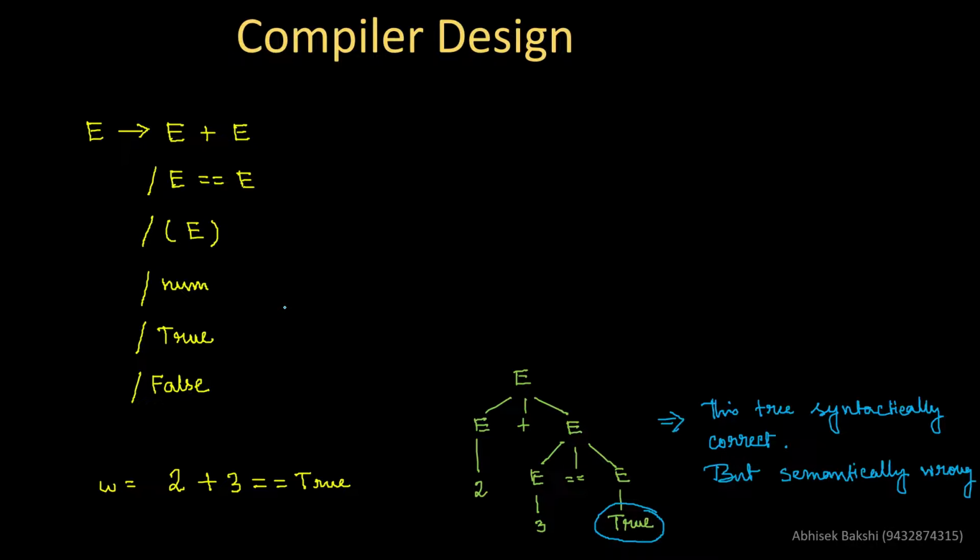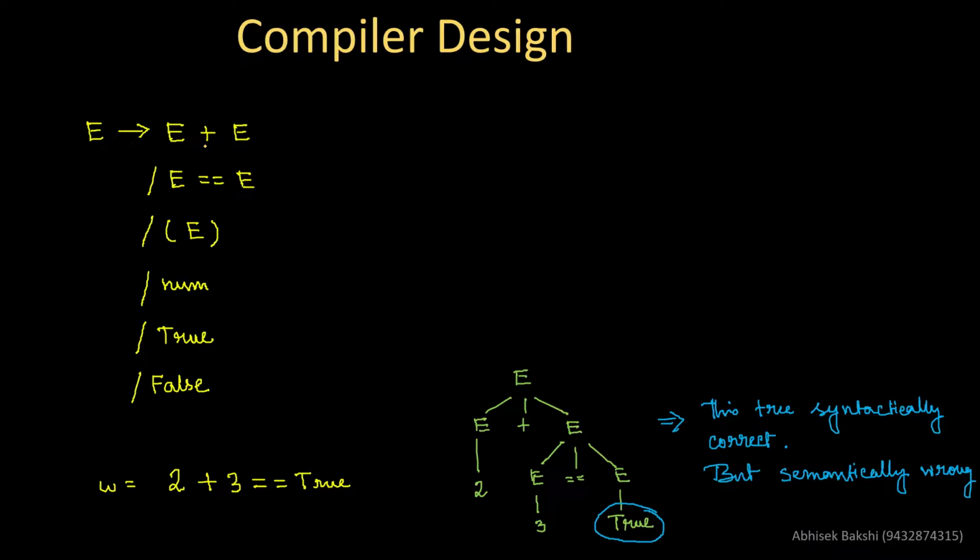And here is the importance of the semantic analysis phase, and that is only possible if I impose a rule on each and every production rule present in this grammar. And how can we do this? Let's try to draw some rule over here so that we can identify that it is semantically wrong. You see that addition of two here, right? This addition is possible only if their data types are same. I'm assuming that I only have the integer data type in my system.